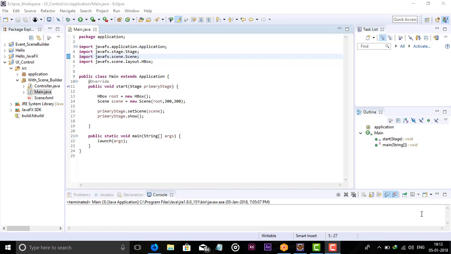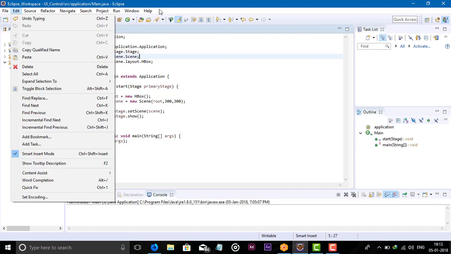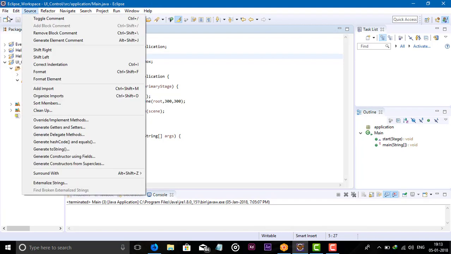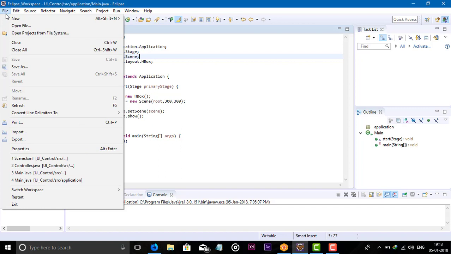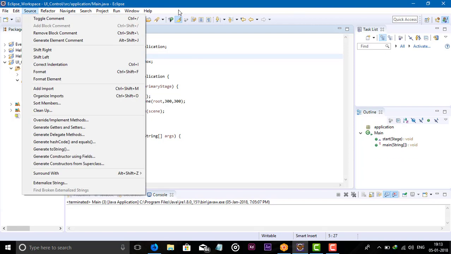So in this video we will see how we can implement the menu. Menu bars, we all know what a menu is. This is the menu bar, and in there are a lot of menu items, like undo, paste, delete. This is a menu item. And at the top this is the menu bar.